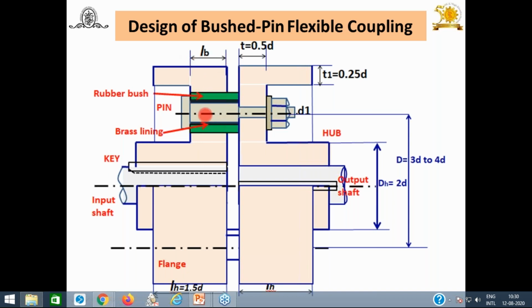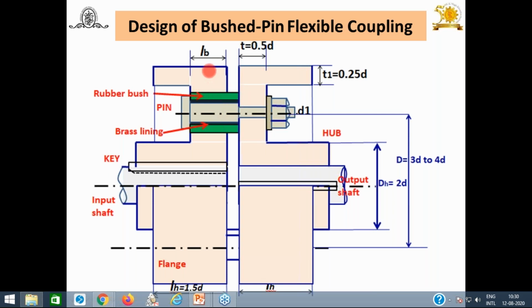Now what we have to do: when the pin is inserted between these two flanges, there is a gap of 5 mm. They are not going to touch each other. Try to understand. If they touch, there is friction. Because of friction, frictional force gets induced and more torque is required. Again, wear of the flanges may occur. That's why some small gap is maintained, and generally this gap you have to consider as 5 mm. It's a general one.